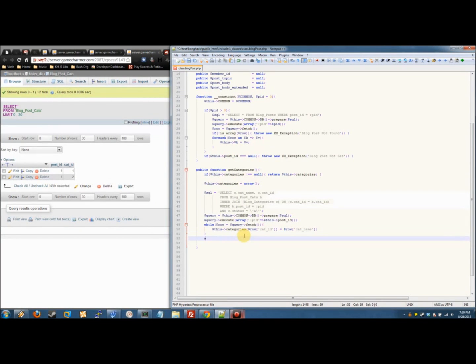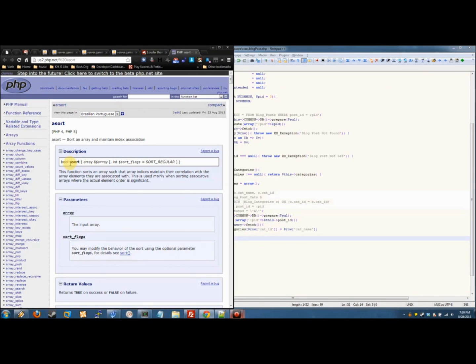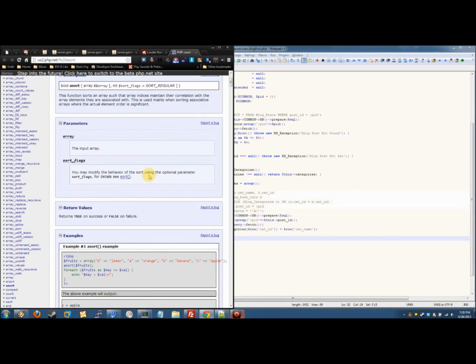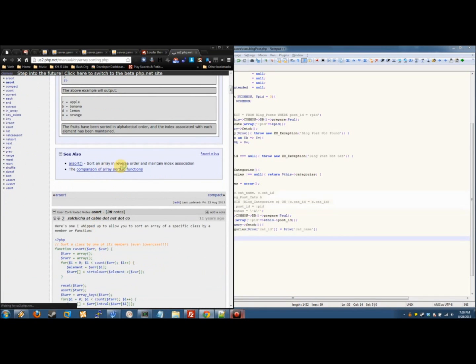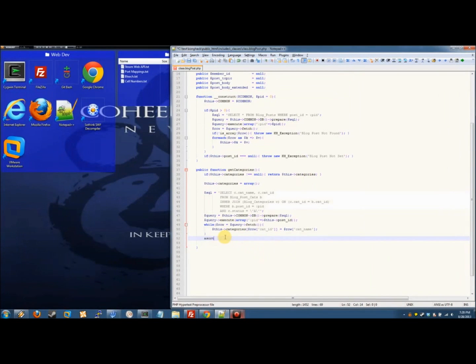it's a sort, and with Notepad++, I can highlight and hit Alt F1, and this will bring up the help here on php.net. A sort sorts an array such that the array indices maintain the correlation, which is what we want. And we can actually go to this list of array sorting functions, and we can see a sort will sort by value, and it will maintain the key associations, lowest to highest, so alphabetically, basically, from A to Z. So that's what I need, and it doesn't return. It directly modifies the array. So we can do a sort